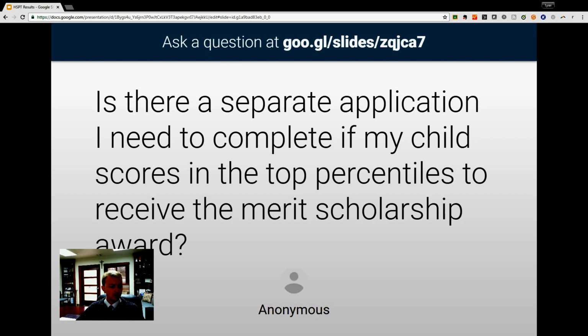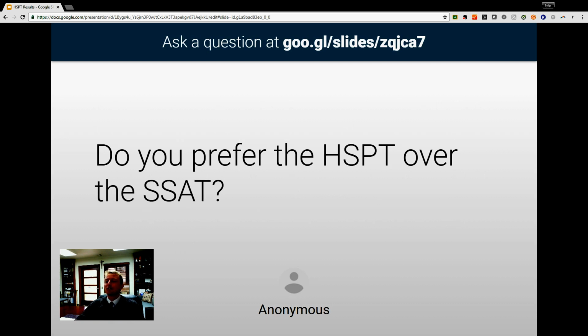And, ooh, do you prefer the HSPT over the SSAT? I am not going to answer that question. I don't play favorites with my 2 sons, and I'm not going to play favorites with these 2 tests. I would absolutely say that they both have strengths and